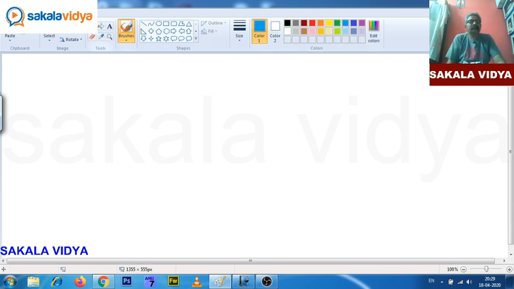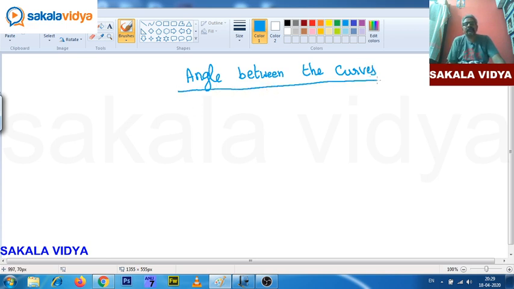So, next, angle between the curves. So, how to find out the angle between the curves? So, let us have a discussion now. So, for example, if the two curves, these two curves meet at 2 points, say for example this point is P, say this point is Q,